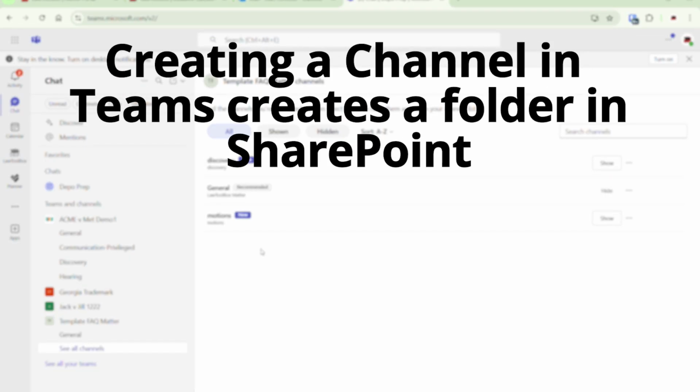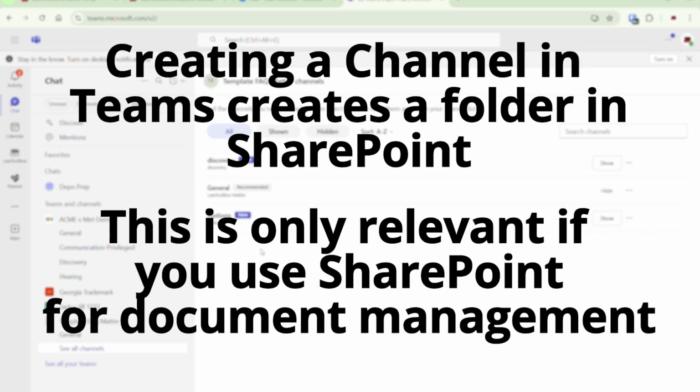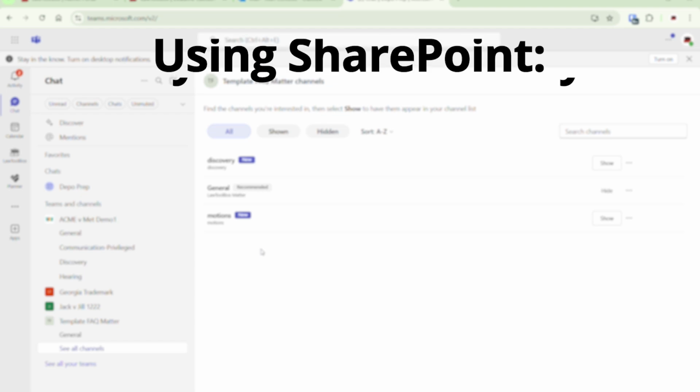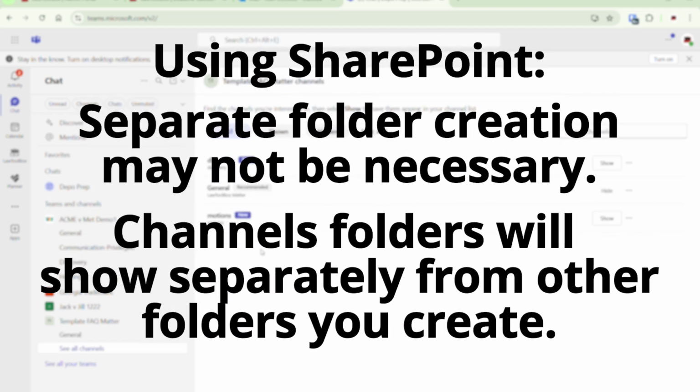Worth noting, any channel you create in Teams will automatically create a folder on SharePoint. You can entirely disregard this if you are not using SharePoint as your document management solution. If you are using SharePoint, this automatic folder creation can affect both the display and creation of separate folders. So please keep this point in mind as we walk through how to create folder structure templates not based on